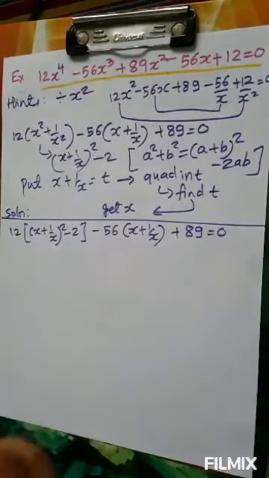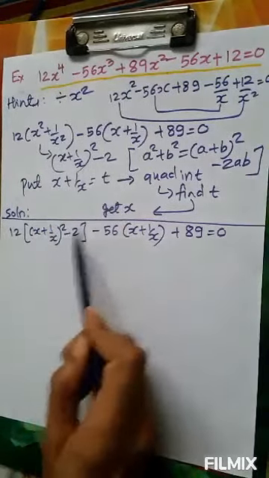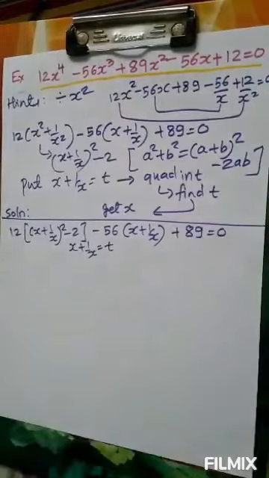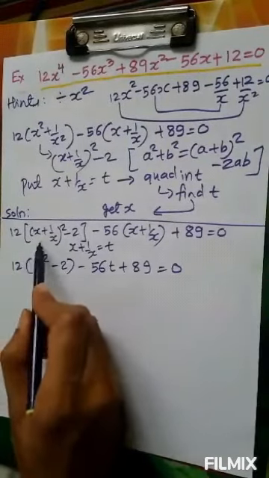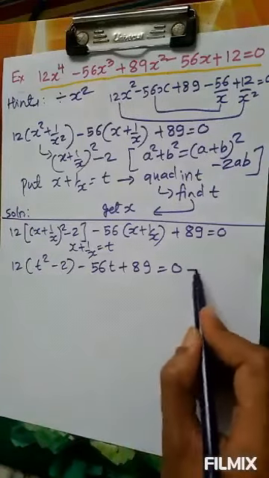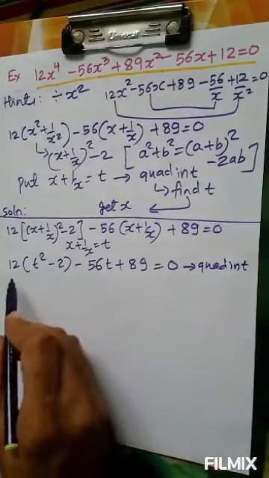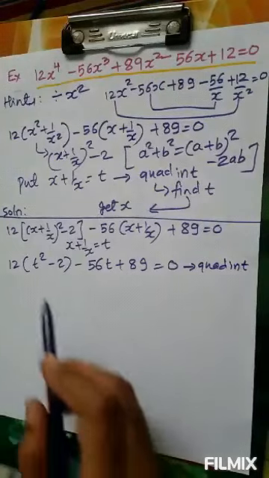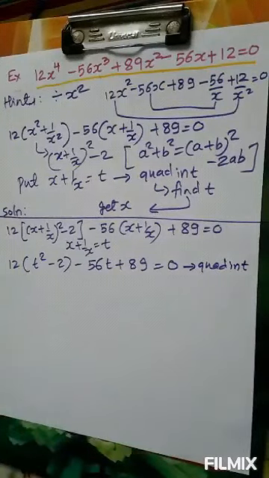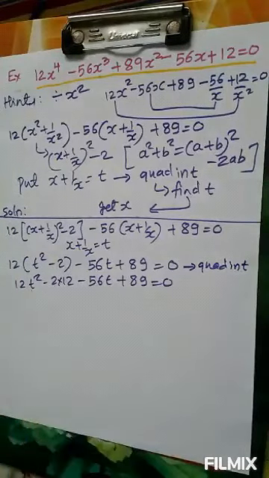Okay, so the solution goes like this. This x square plus 1 by x square, as I said, you have to replace by these two terms as it is. Now we will put x plus 1 by x as t, which transforms the equation to this form in terms of t, which is a quadratic in t. Now we will solve this quadratic in t. This can further be simplified and solved using either the quadratic formula, that is Sridharacharya formula, or factorization. 12 is multiplied here and here, rest terms as it is.